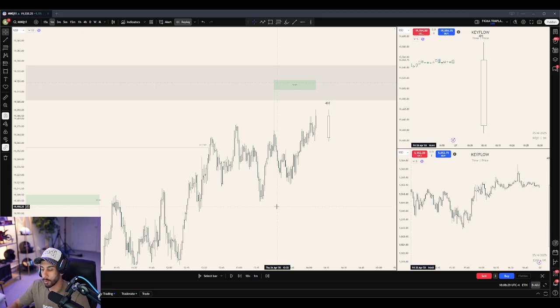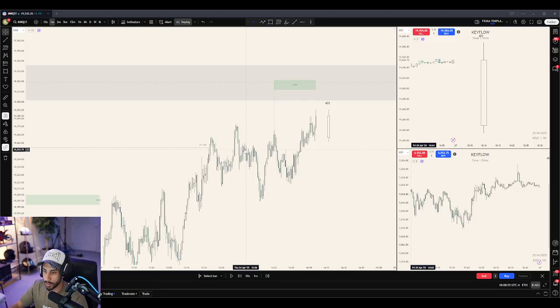Now, a lot of people are going to look at this exact scenario and say, okay, if this is the science behind why you're bearish for the 2 p.m. candle, why were you not bearish at the 10 a.m. candle? Well, the answer is very simple: the draw on liquidity. The draw on liquidity in the morning was the previous week high. And that's why I said the narrative was bullish until previous week high and then bearish from there.